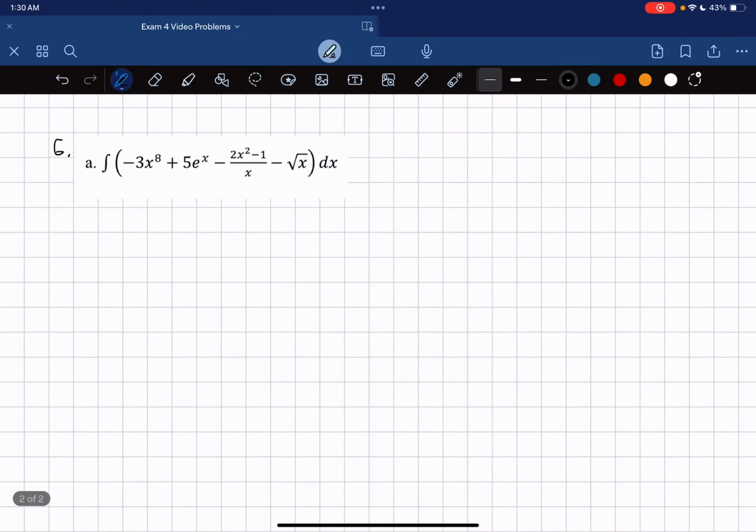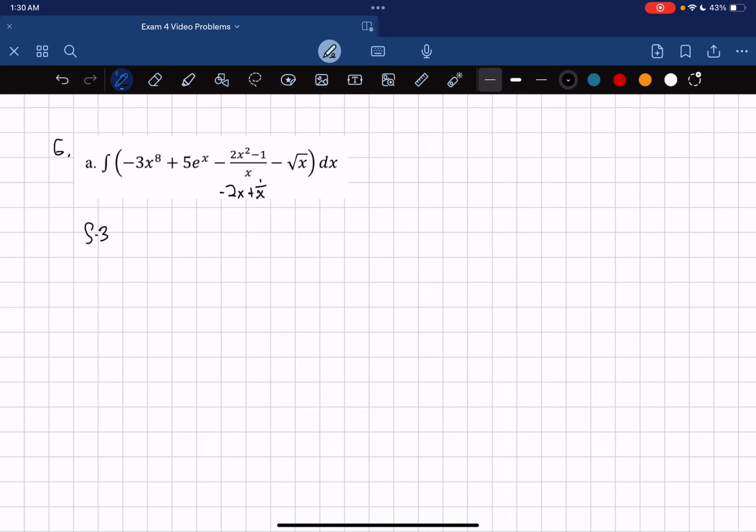For problem 6 of exam 4, parts A and C, we are evaluating the indefinite integrals. First, we can break this fraction up into two parts, and then it will grant us negative 2x plus 1 over x. Using each of these individual terms, we can then distribute the integral to each of these terms using its property. This gives us